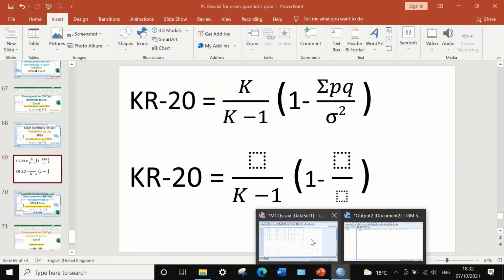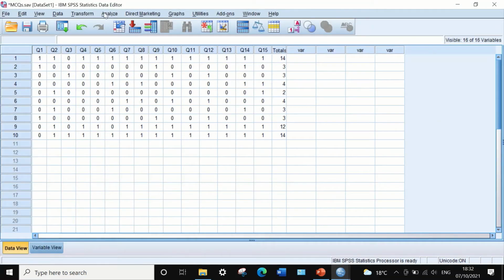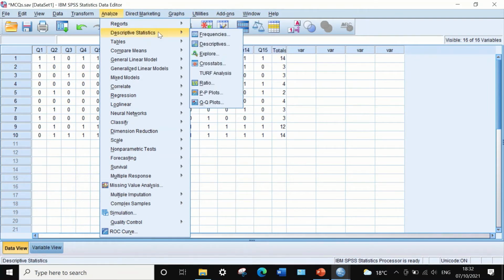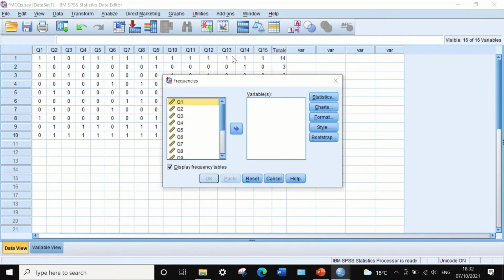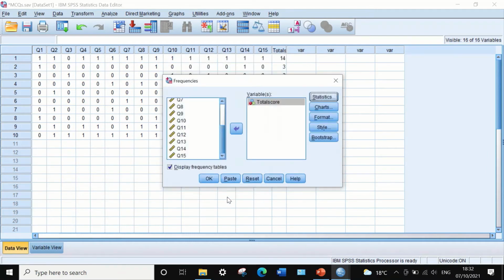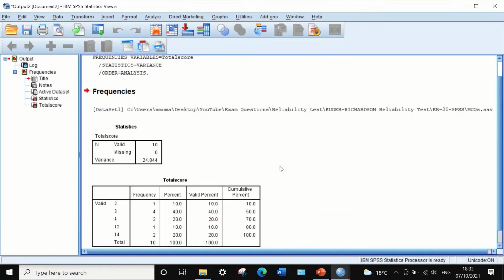To calculate the variance for the total score, click on Analyze, then scroll to Descriptive Statistics, Frequencies, and we're going to move the total score to the Variables box, and in the Statistics, in this square here, tick the variance to select the variance for this data. And if you click on Continue and then click on OK,